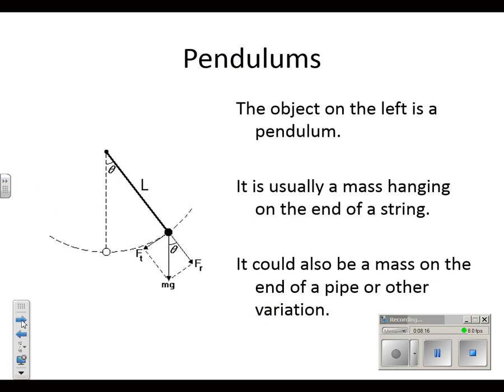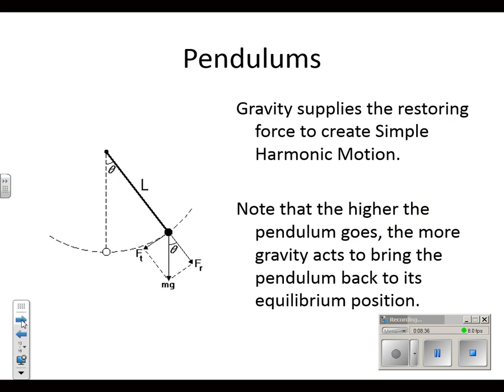So let's talk a little bit about pendulums. They're the other main simple harmonic motion that we'll talk about. The object on the left is a pendulum. It's usually a mass hanging on the end of a string, and it could also be a mass on the end of a pipe or any other variation that's going to allow it to swing back and forth. Okay. Now, gravity supplies the restoring force to create the simple harmonic motion. So note that the higher the pendulum goes, the more gravity acts on it to bring it back to its